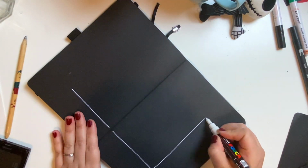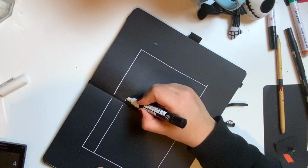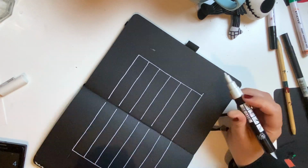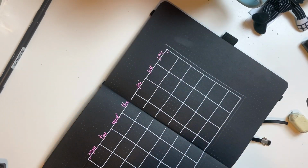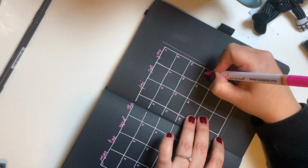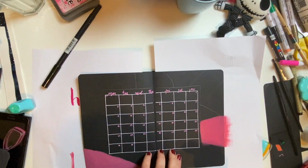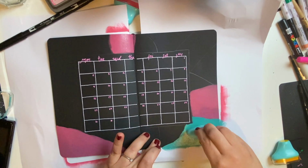So now we are moving on to my monthly overview page that I use basically just for social media, and I'm keeping it simple at the beginning. I'm just drawing the monthly view, the monthly calendar, and just using some ink pens as well. And now I'm coming back with stamp ink, and this looked like a good idea at the beginning,